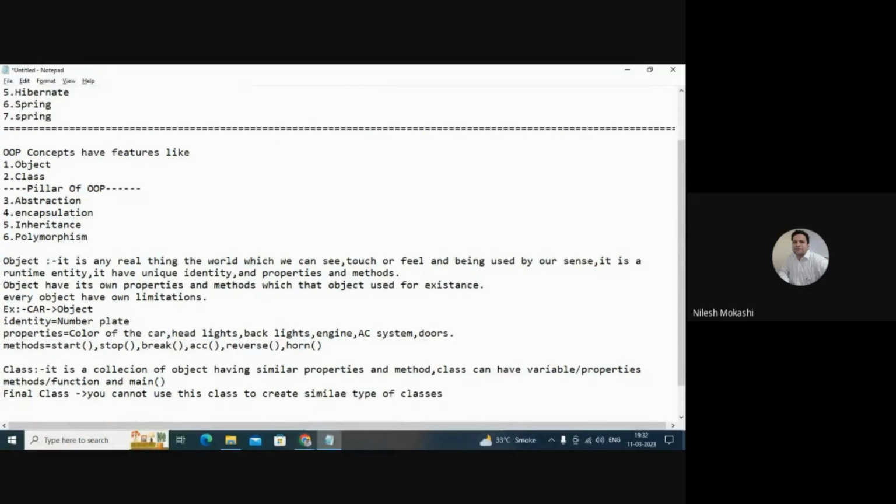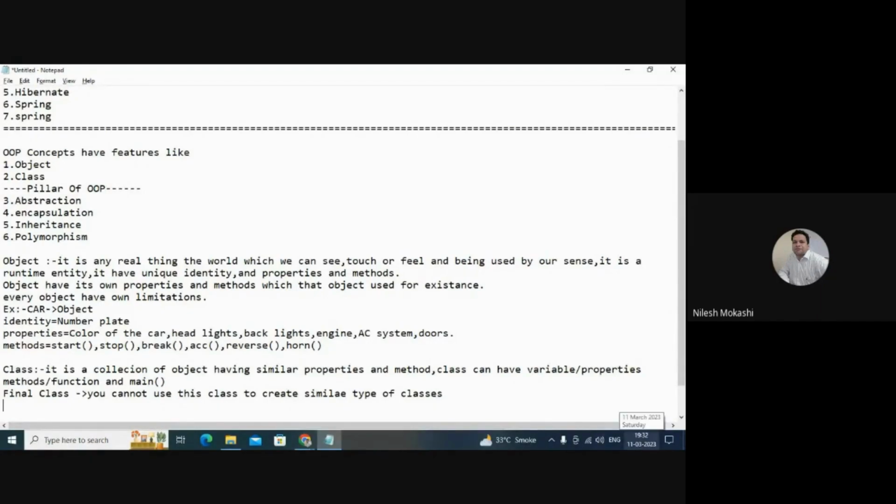If I write the final keyword on the class, it means that no other class can inherit my class, because I made my class final. This is called a sealed class. So no other classes can inherit my features or my class features. So that's why I have made my class final, right?